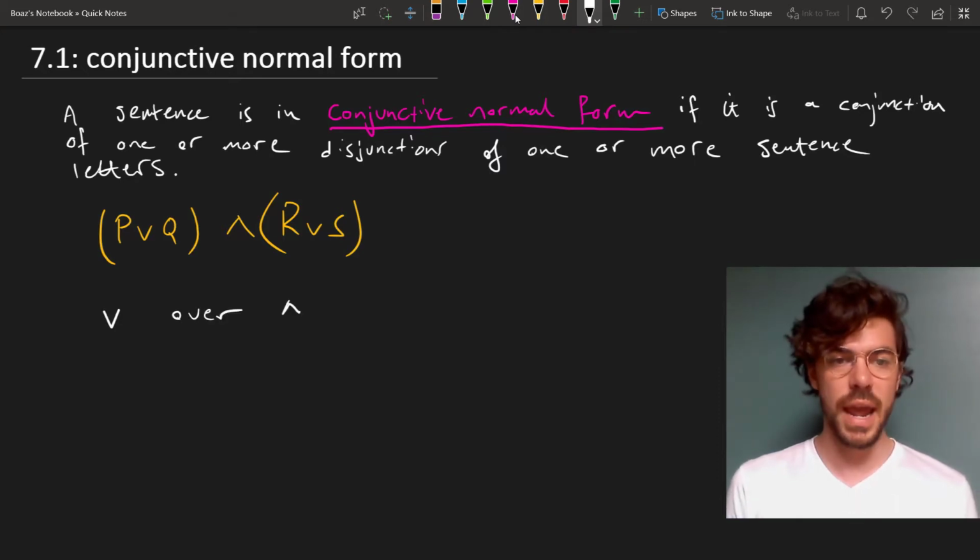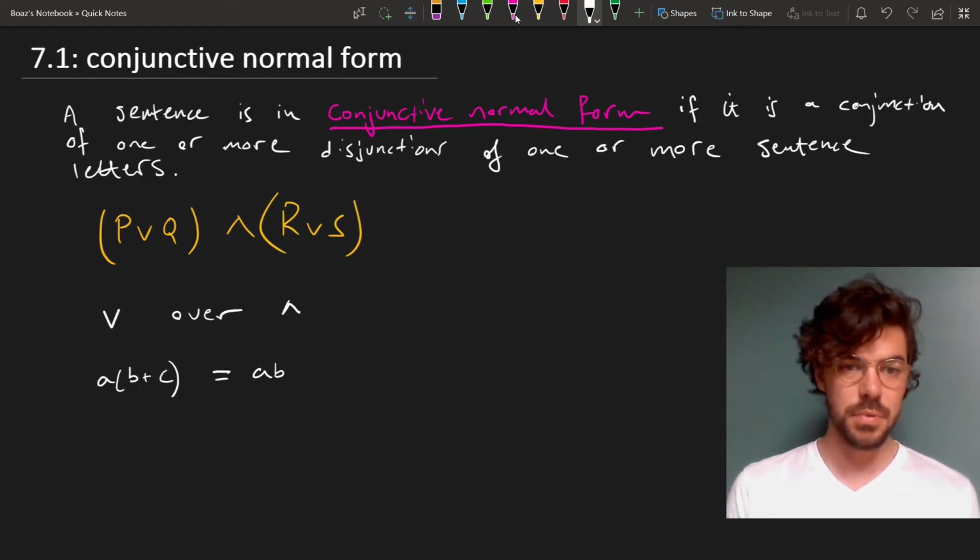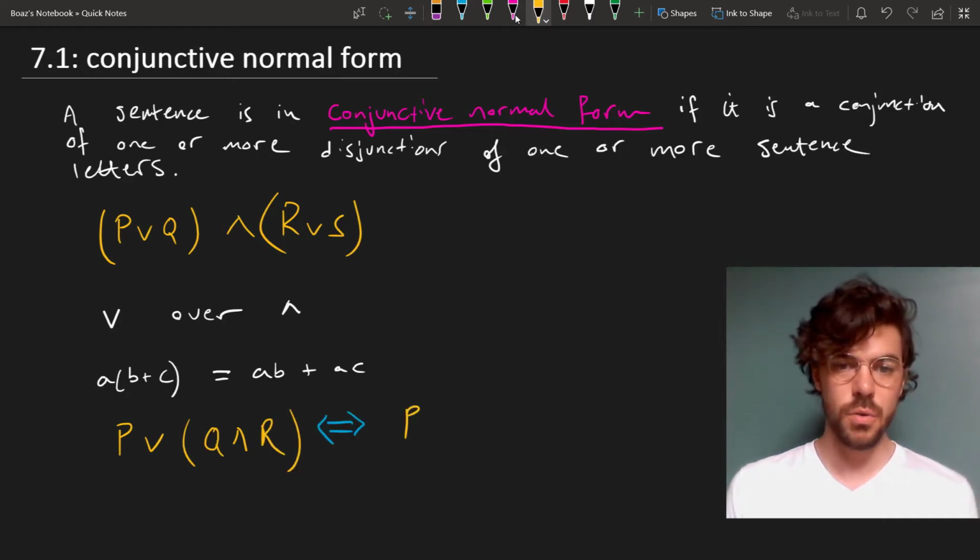We'll see in the next video that and also distributes over or. This is a bit like how in algebra times distributes over plus. A times (B plus C) is equivalent with A times B plus A times C because times distributes over plus. And similarly, P or (Q and R) is equivalent with (P or Q) and (P or R), which